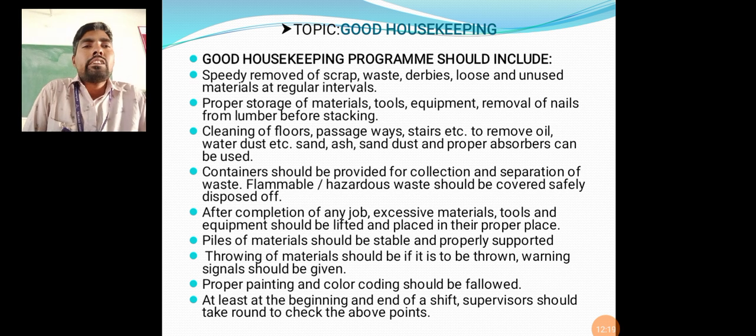So containers should be provided for collection and separation of the waste. Flammable hazardous waste should be covered, with safe disposal. For every collection point of waste, we should use boxes.